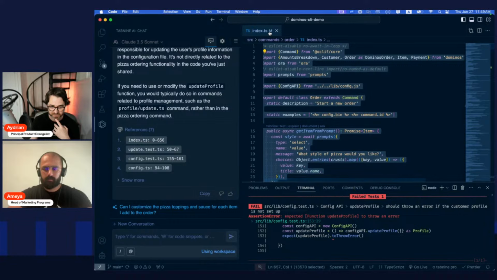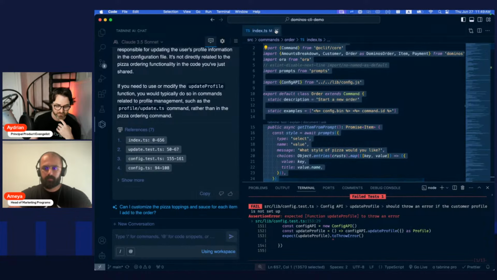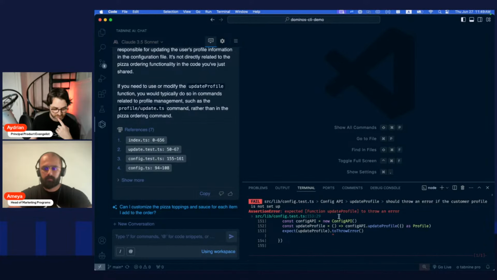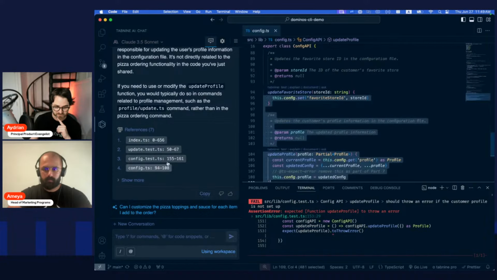So this opened up index, which is in the order. That's not it. That's get item from prompt. I think it's bringing in the wrong update profile. Oh no, it was completely right. Sorry about that. Because it's saying in the config API.